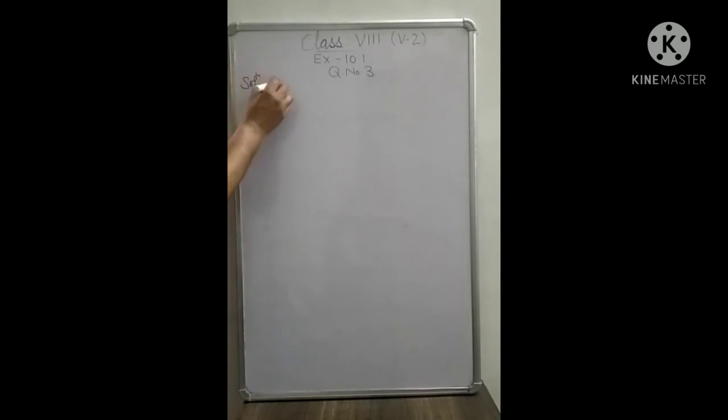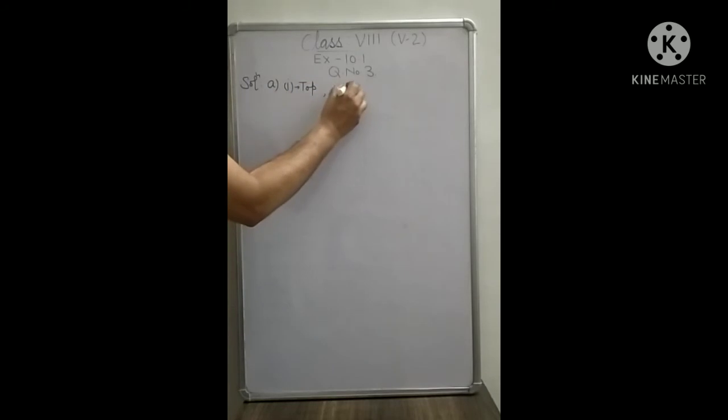A part, first you write the first part. This first part shows which view: top, front or side? Here in the first figure we have 3 boxes, and 3 boxes can be seen only from the top. So this is our top view. The first one shows top, then second.